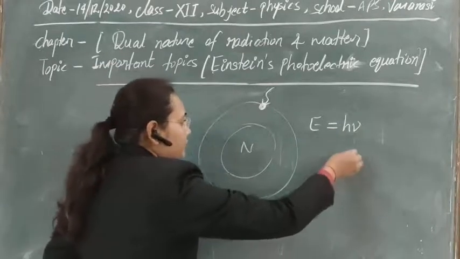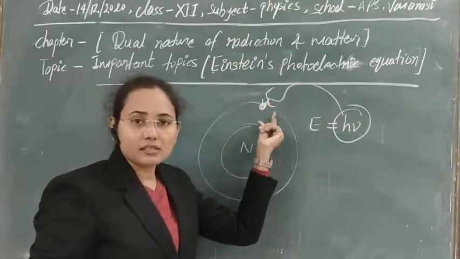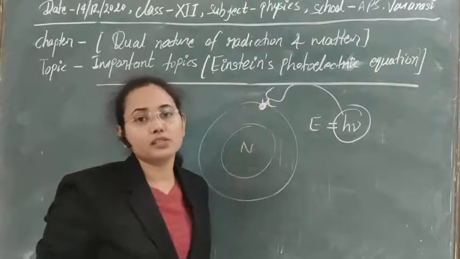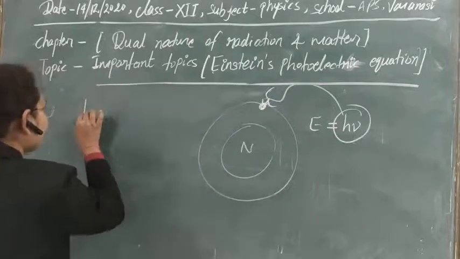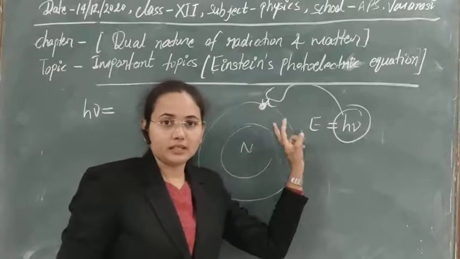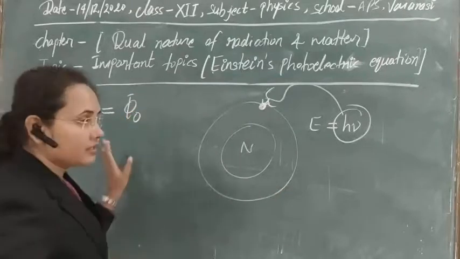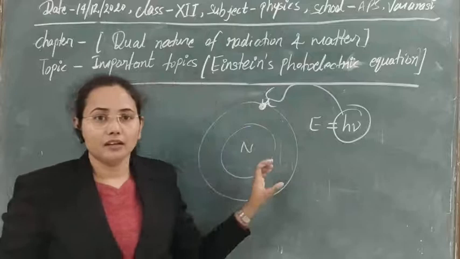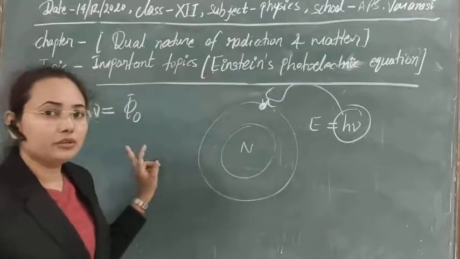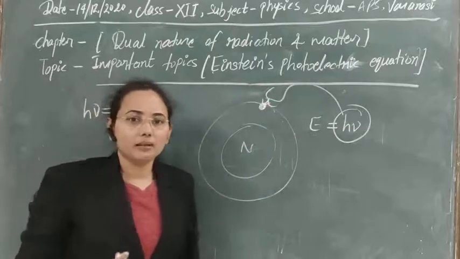Suppose that this photon has transferred the whole of its energy to this electron, and this electron receives this energy. Now how will this electron use this energy? The first way is that it will first try to overcome this potential barrier so that it can become free. Suppose phi 0 is the energy that is needed to free this electron from the system. So first of all it will use phi 0 energy to overcome this potential barrier. After that it is free to move, and it escapes from the metallic surface.